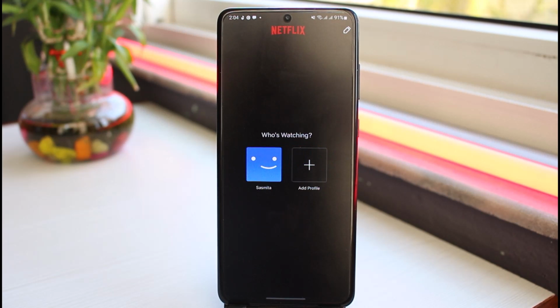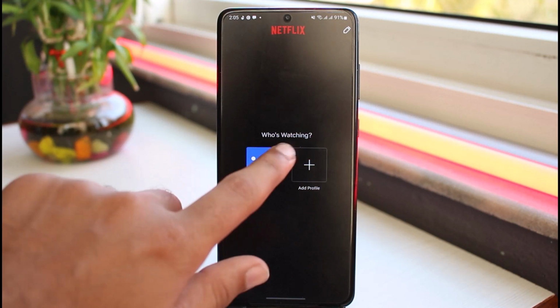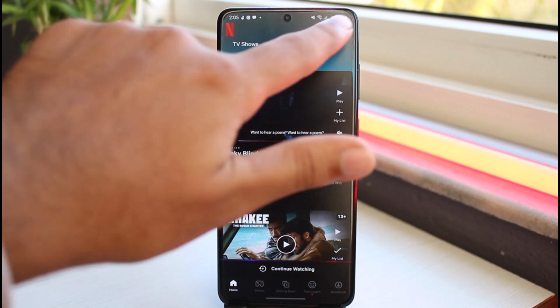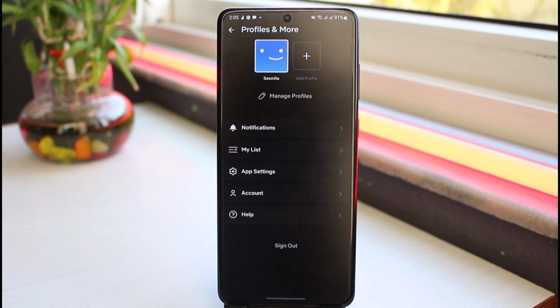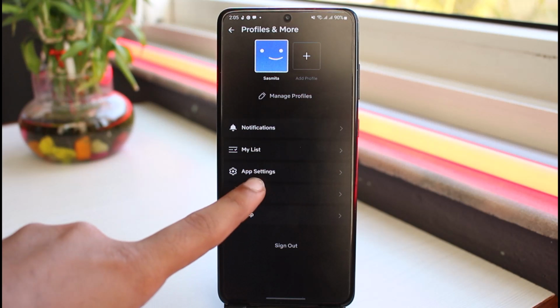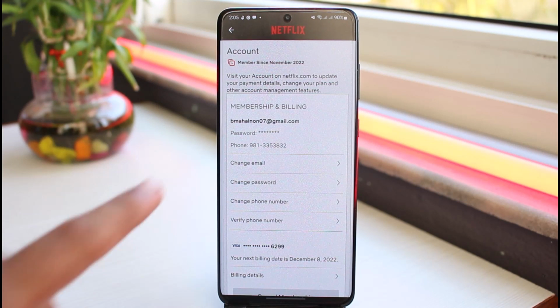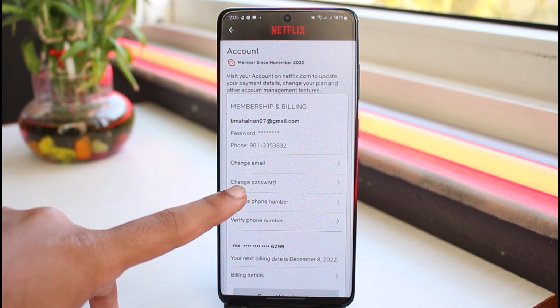Now once you're logged into your Netflix account, you'll be taken to the profile space where you'll have to select any profile you want. And once you've done that, tap on the profile icon on the top right corner of your screen and then simply tap on the option named account. Now you'll be taken to this page where if you look closely, you'll see the option named change password, which